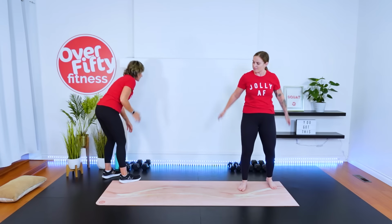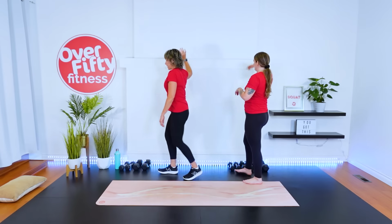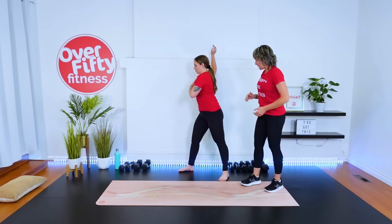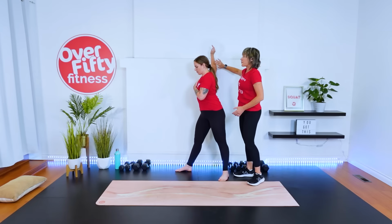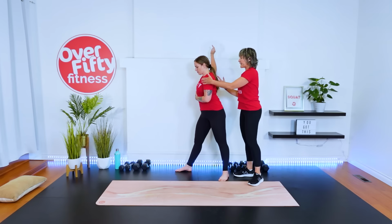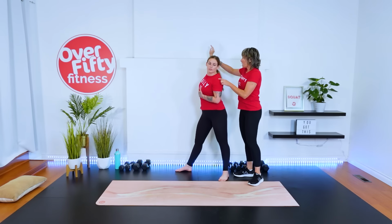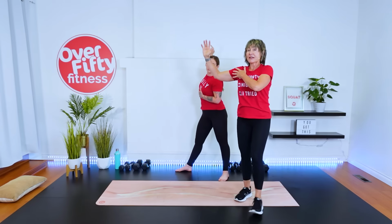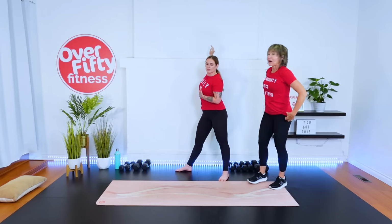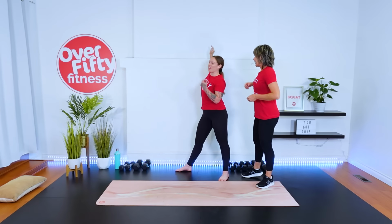We'll move into, actually, I'll get Tia to get here. We're going to do this guy here. So I want you to find a wall, door frame. Perfect. And you're going to have your forearm and your palm resting on your wall or door frame. And then you're going to turn your body and look over the outside shoulder. What Tia's doing is she's opening up the pec area on that one side. This is probably one of my favorite. This is another stretch that I do when we're flying. On the bulkhead,